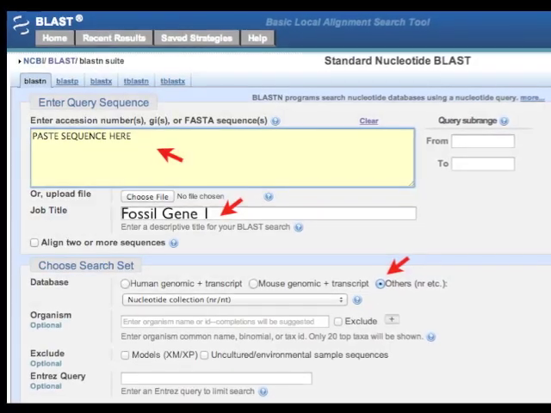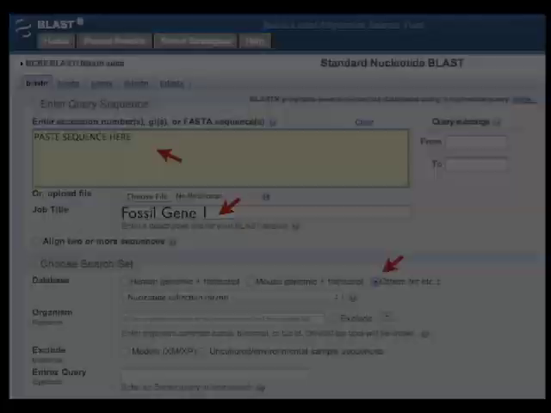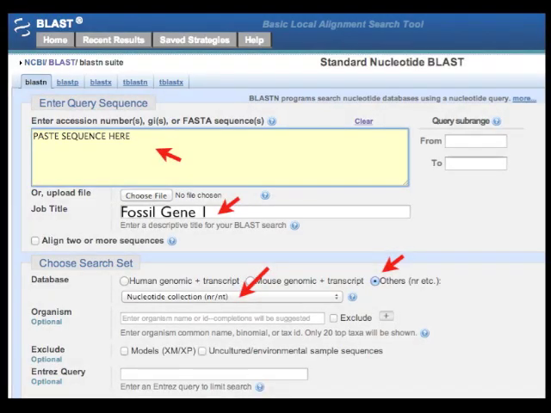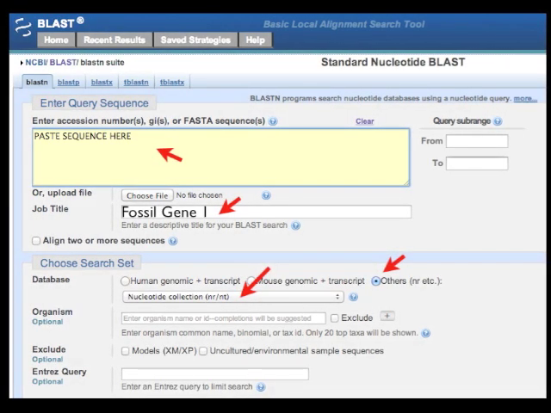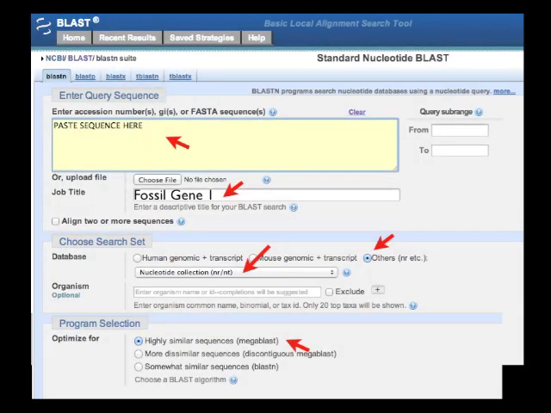Click the Database radio button labeled Other. We're going to search the database titled Nucleotide Collection, so select that from the database drop-down menu and search for highly similar sequences. Click on the BLAST button at the bottom of the page and wait while the search takes